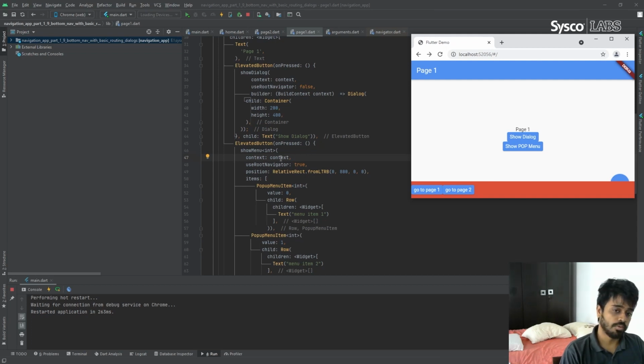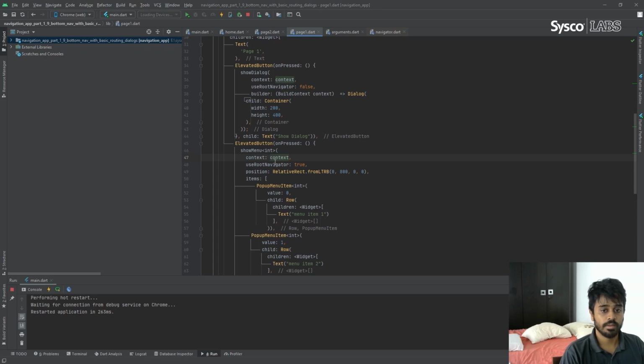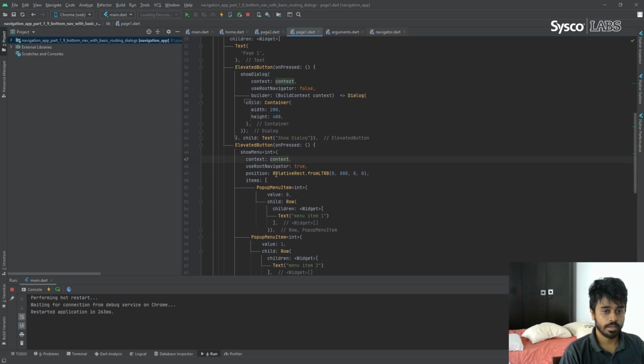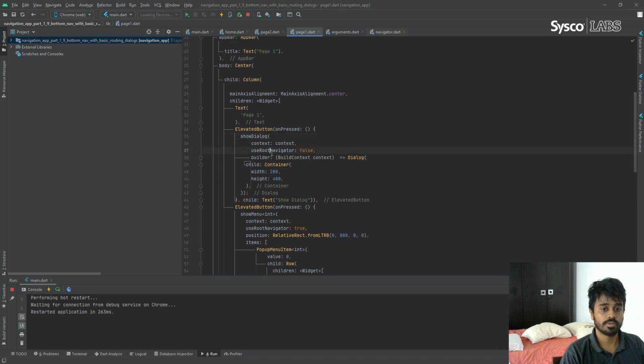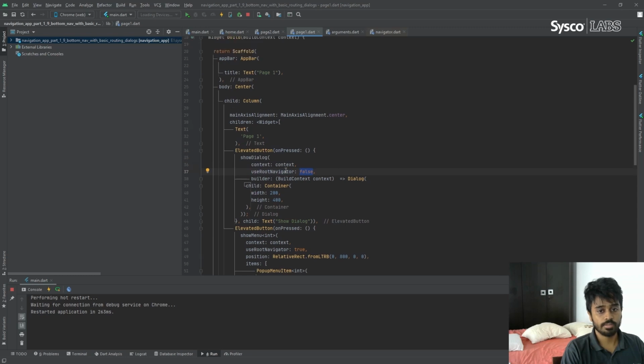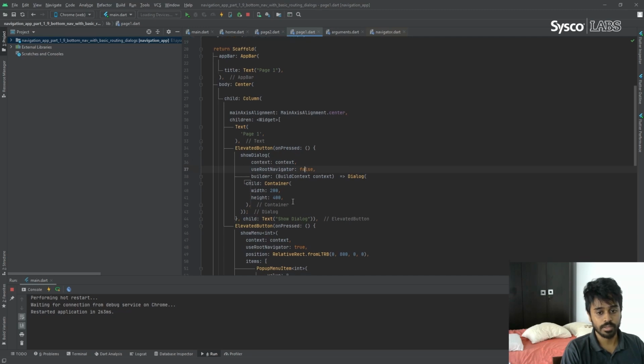If you have more than two contexts, then you need to pass this navigator key and give this context correctly. But most applications only have two contexts. So you have a root navigator, and then you can have the nested navigator. All these widgets automatically support this, so you can use the root navigator or the inner navigator here by just setting this use root navigator to true or false. Otherwise you might need to pass this context manually, setting this use root navigator variable to false.